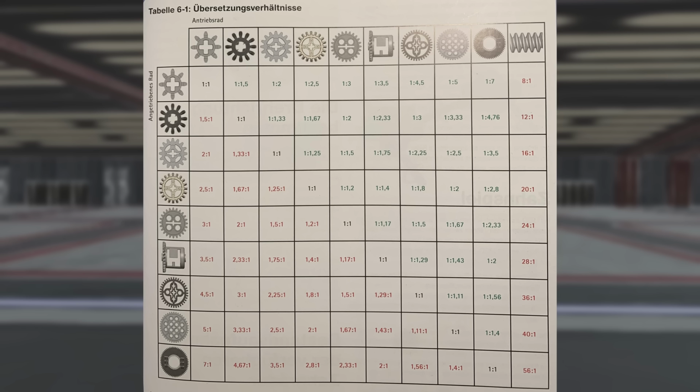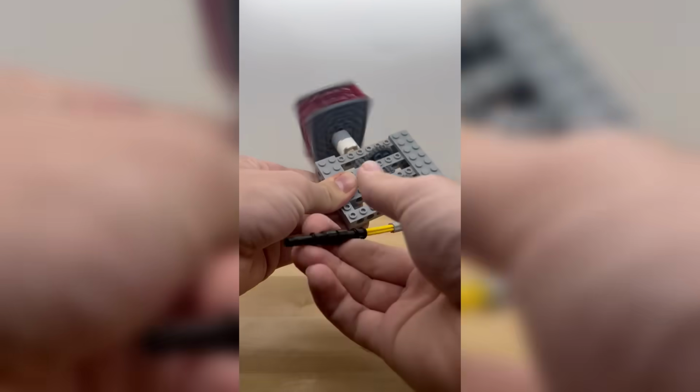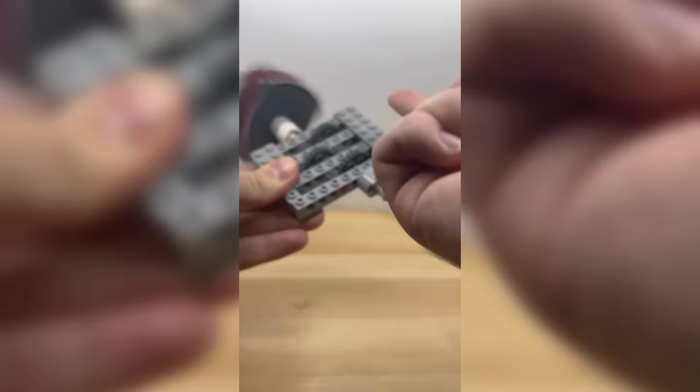Gears in LEGO and real life have something in common. Each gear has a specified number of teeth that allow it to turn a certain amount. I actually started on this idea because I was trying to make something else, but got sidetracked and made this gear system with a flywheel instead. It's pretty cool, but I ended up learning that to get the right ratio of gears, I would need to